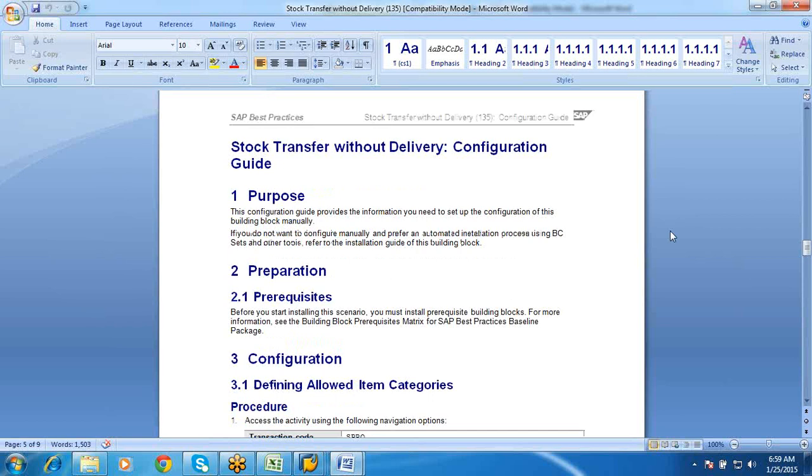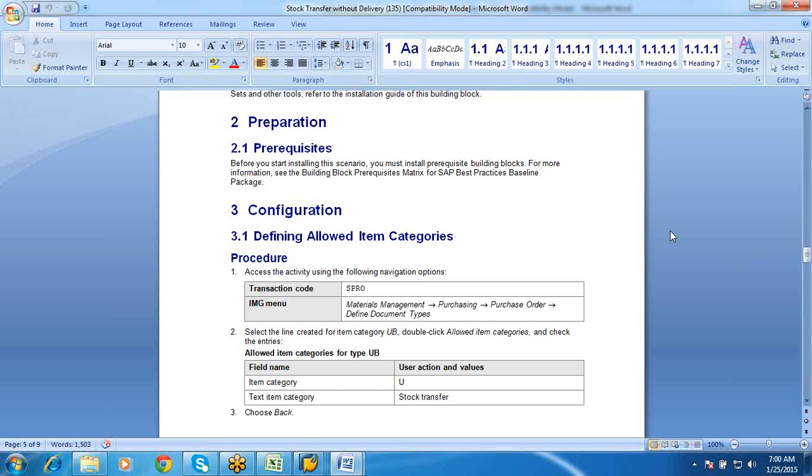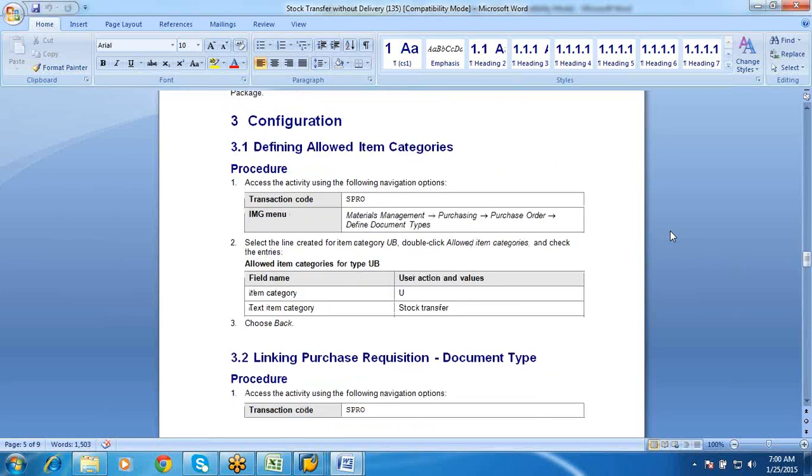Okay, so when you say without delivery, then a delivery is not created in sales and distribution to issue that material to a company or to a plant, whatever it is. The basic thing we need to keep in mind, from the materials management point of view, is what is the document type that should be there for your stock transfers without delivery and with delivery.